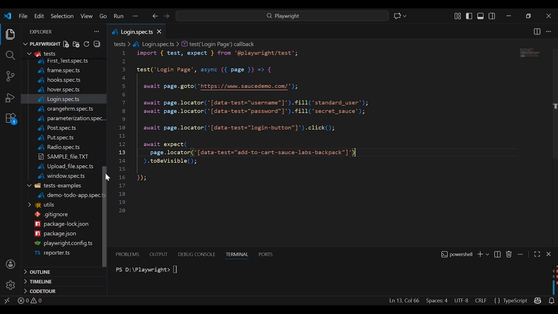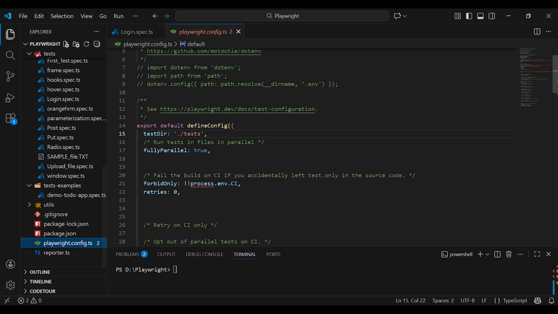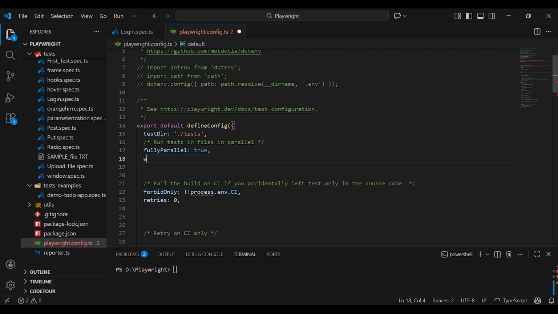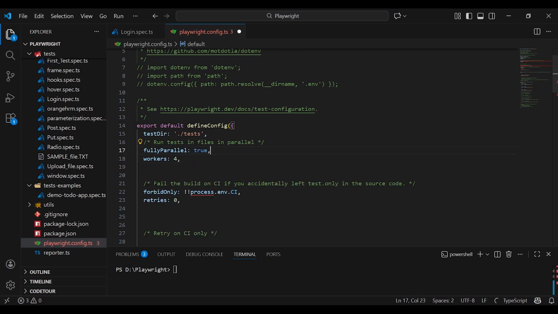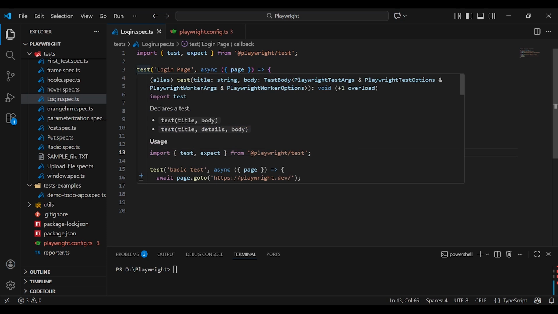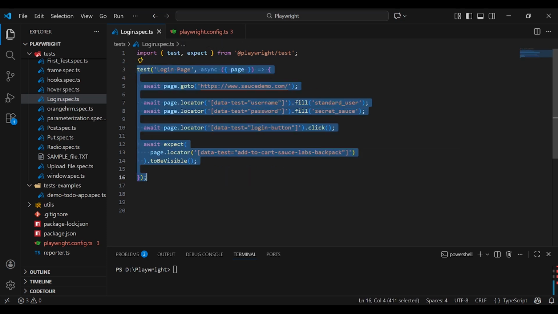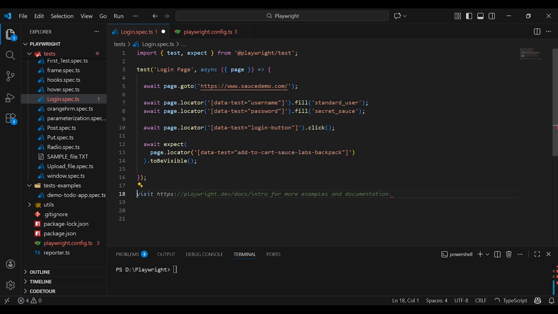So here, first we will define workers. Open playwright.config.ts. Inside this export default defineConfig, you need to enter workers and then define workers 4. Now save this file. We will add another test case. This is for login with valid credentials, and here add another test case,